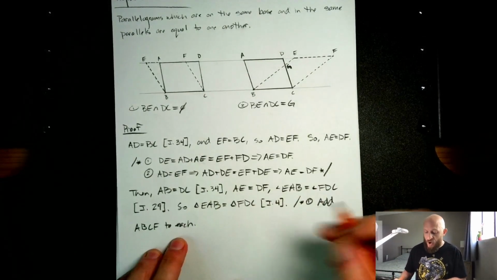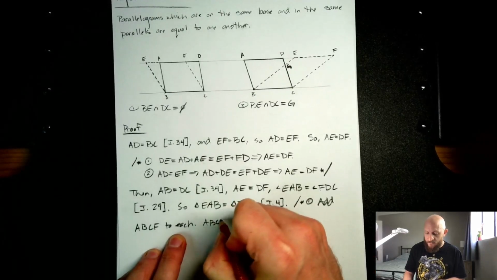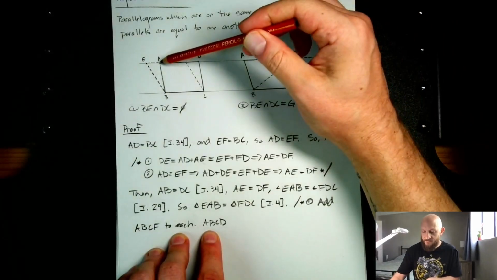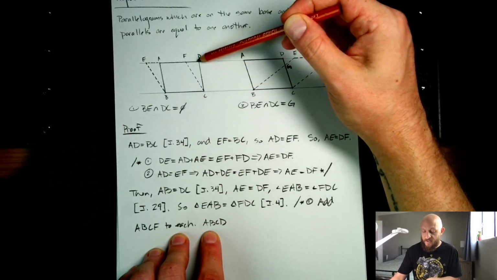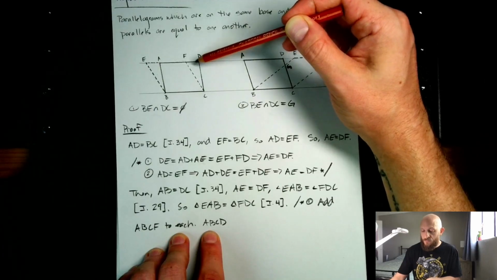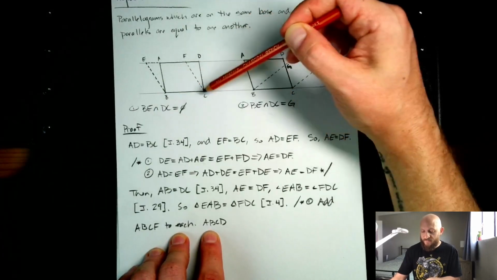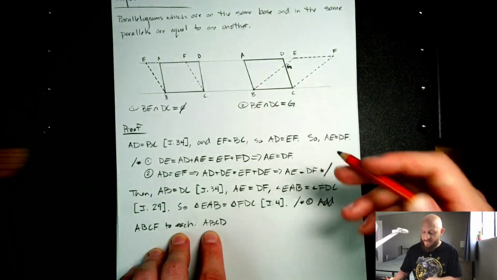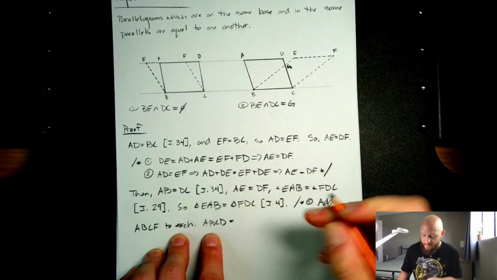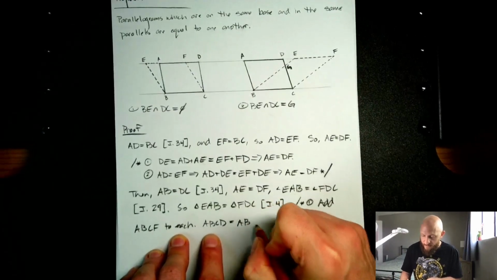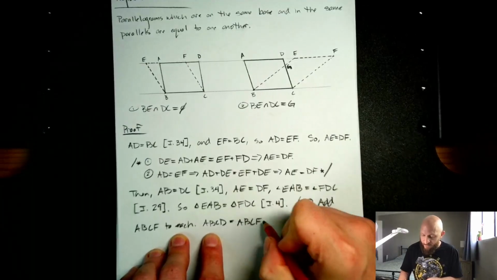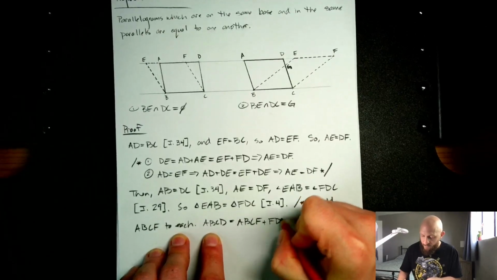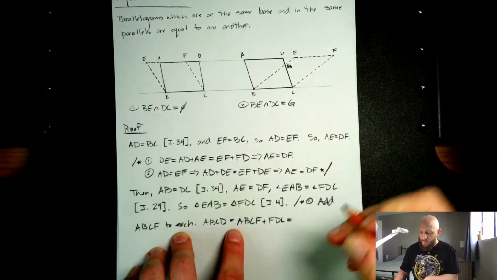Then note that the original parallelogram ABCD is equal to this quadrilateral ABCF plus FDC. So ABCD is equal to ABCF plus triangle FDC, which is equal to